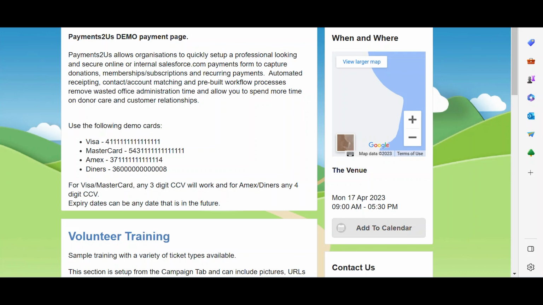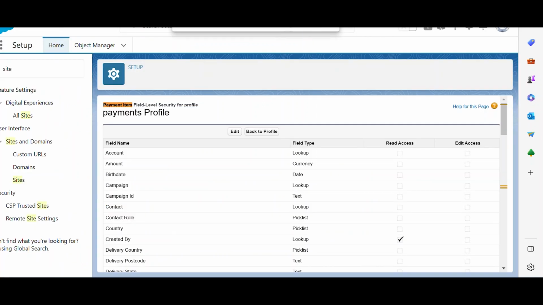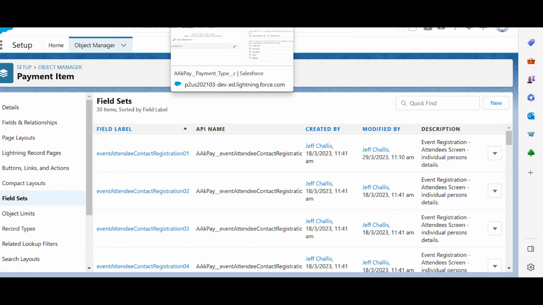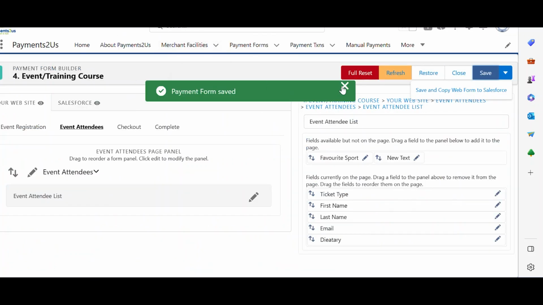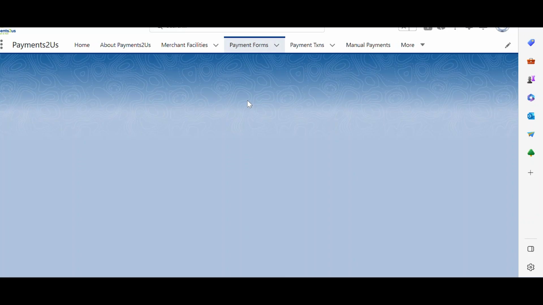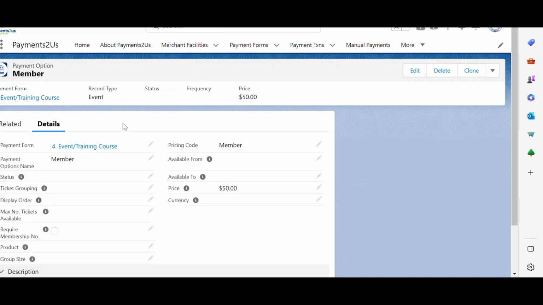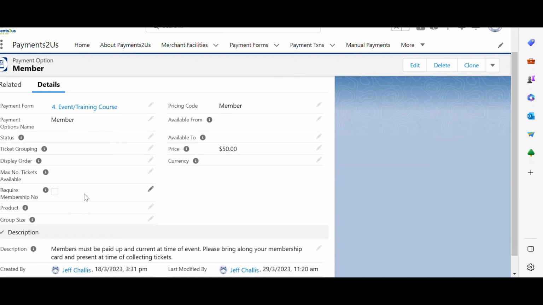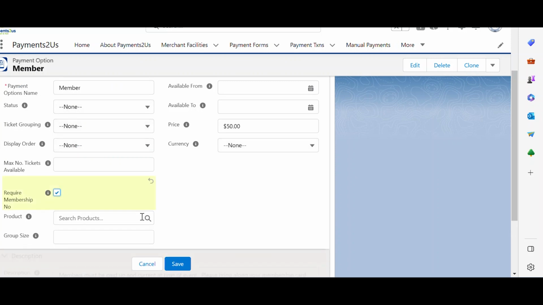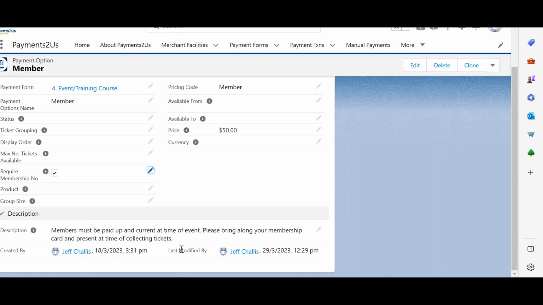So if I go back into Salesforce, so I'm on the payment form. This is the event payment form. So remember, payment forms for memberships or events. And if I click into the member side of things, what I can do is I can click requires membership number, and if I press save, what that's going to do is ask for a membership number,